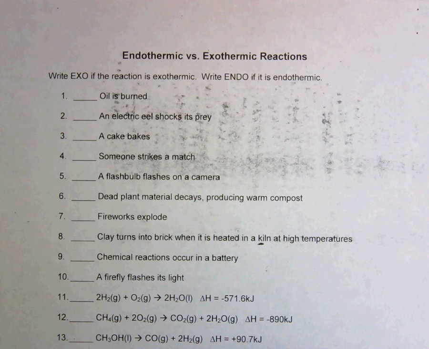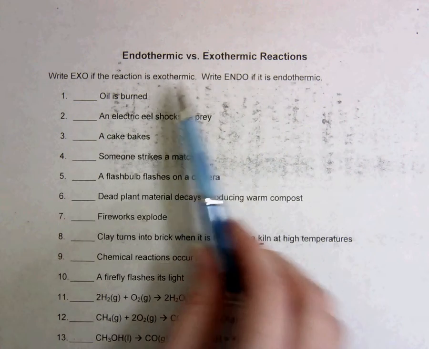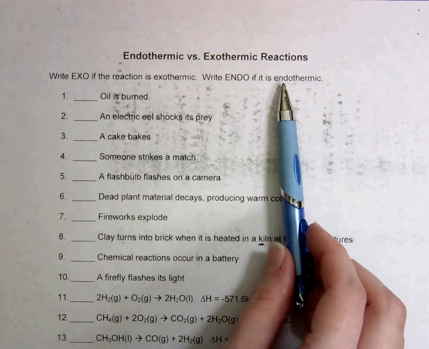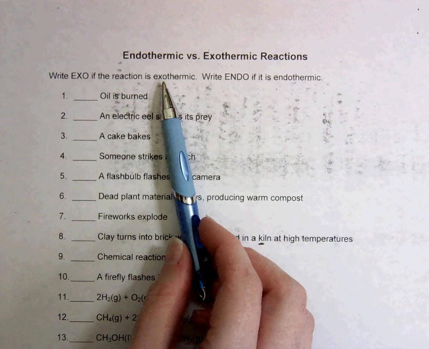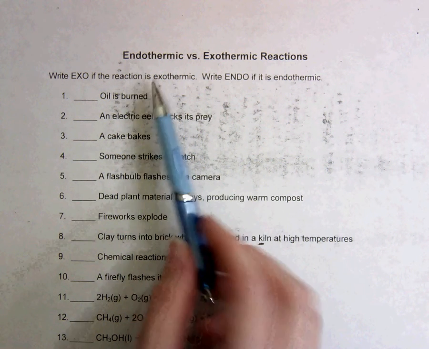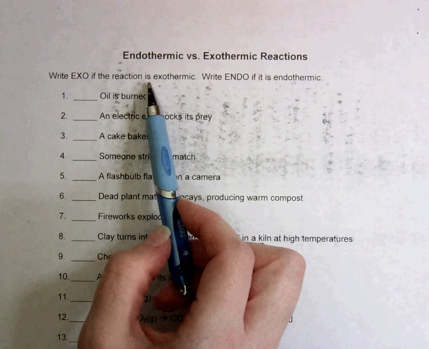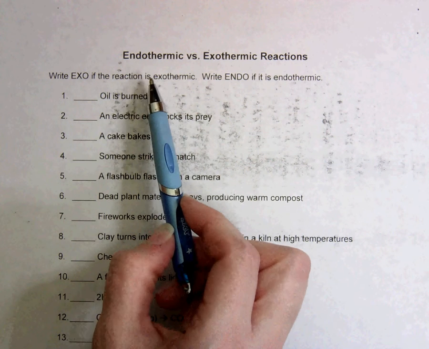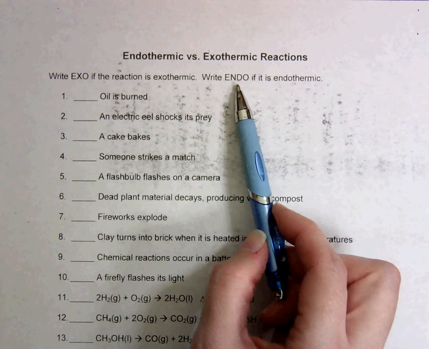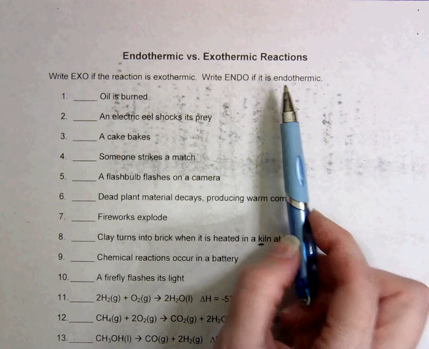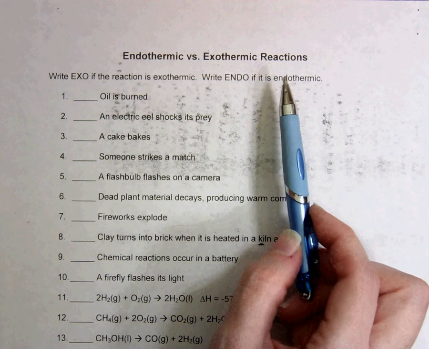Endothermic versus exothermic. All you have to do on these is write exo if the reaction is exothermic and endo if it's endothermic. We feel an exothermic reaction as warm to the touch because heat is exiting the system. So if you have a chemical reaction that you can feel the warmth coming off of, that is an exothermic reaction. Endothermic means the heat is going into it, N for in, and that means we're not going to feel